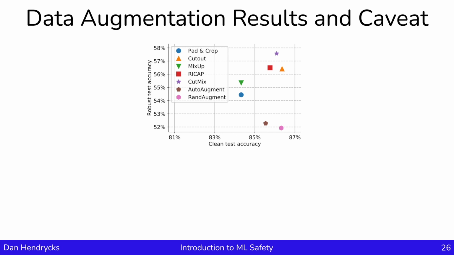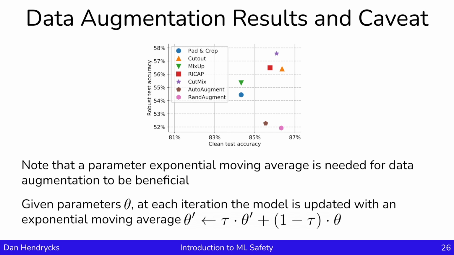CutMix is a Pareto improvement over the baseline. The baseline data augmentation technique is pad and crop. We can see that the adversarial robustness is higher and the clean test accuracy is higher. There's a caveat in using CutMix, which is that you need to use exponential moving averaging for the parameters while training. That is to say that